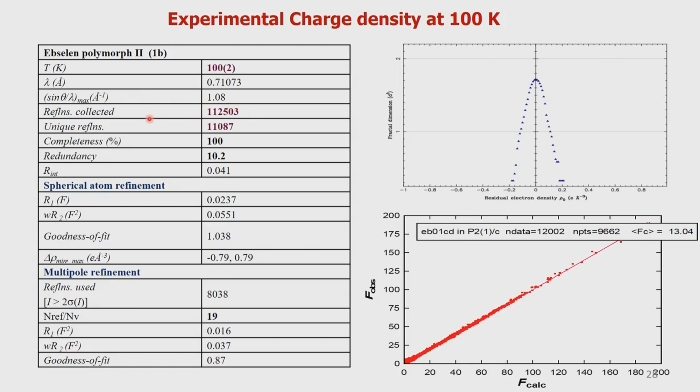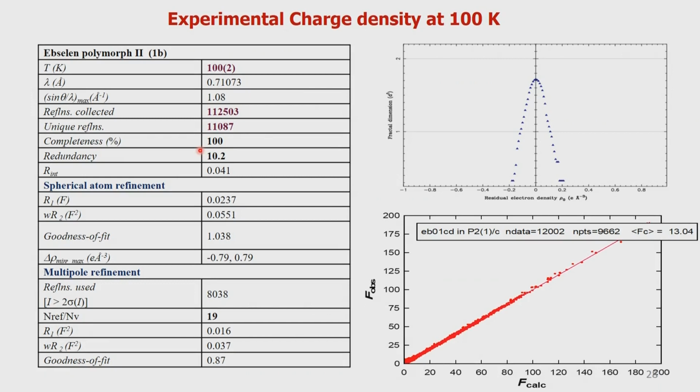That means we measure the Friedel equivalents also. The Friedel equivalents do not contribute freshly to the data, but they will allow you to average the data. So if we now reduce this redundant data to unique reflections, we have 11,087 reflections. In fact, if you look at the Ewald sphere, you see that it is 100% complete data. That's all possible data points have been taken into account.